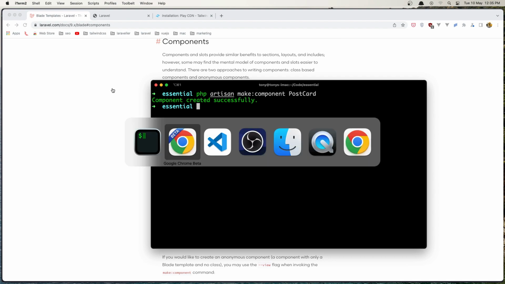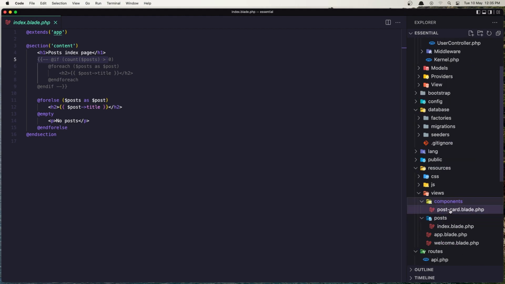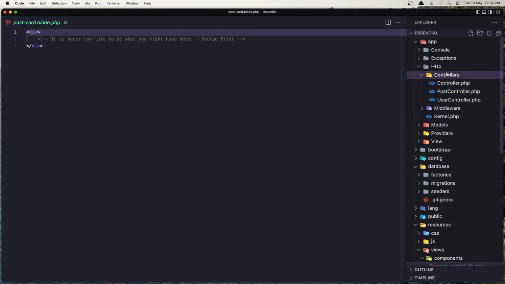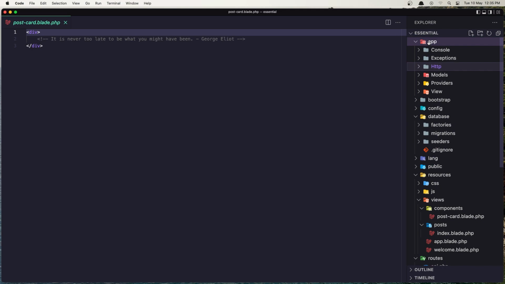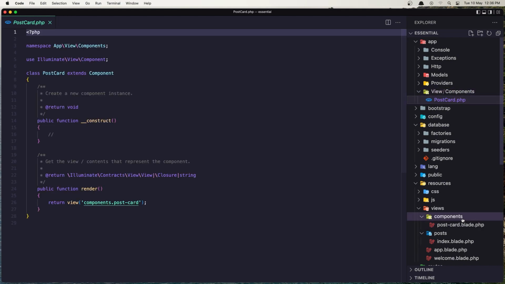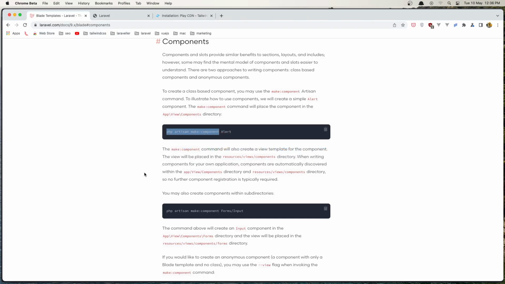If we go now in VS Code, in the views, we have these components, and here is the post card component. Also, if we go in the app directory, we now have the View directory here, which has the PostCard component class. Here is the class. In the components in views is the blade. Okay, now if you go to the Laravel documentation,